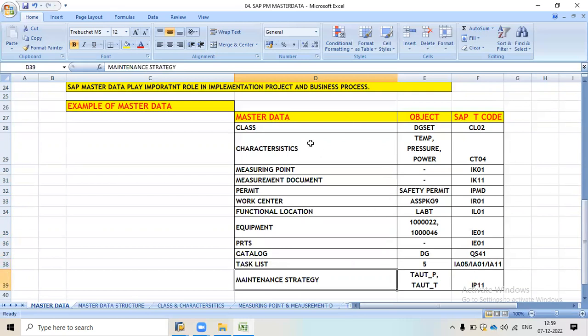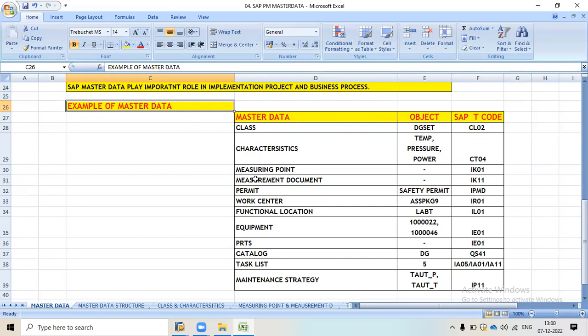So these are our master data, and the objects we are creating in today's session I have maintained here for our training purpose. I have also mentioned some T codes, because to create master data we need T codes.